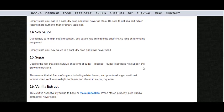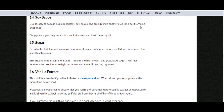Soy sauce, which is pretty much salt. Okay? Let's see. Due to its large sodium content, soy sauce has an indefinite shelf life so long as it remains unopened. Simply store your soy sauce in a cool, dry area and it will never spoil. That's great to know. And soy sauce, ladies and gentlemen,